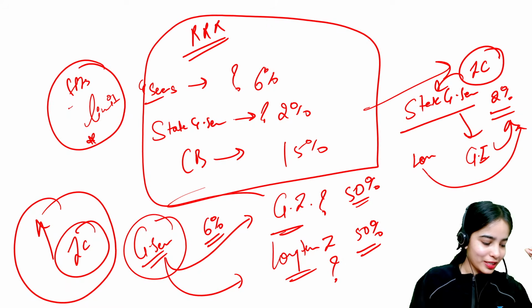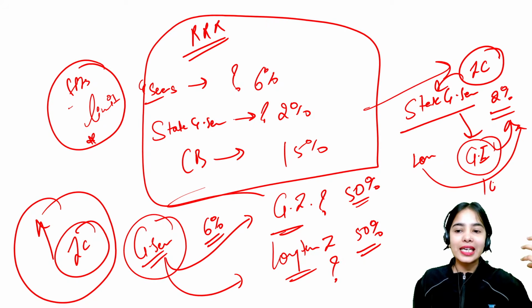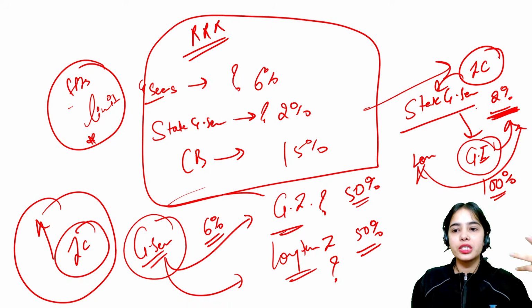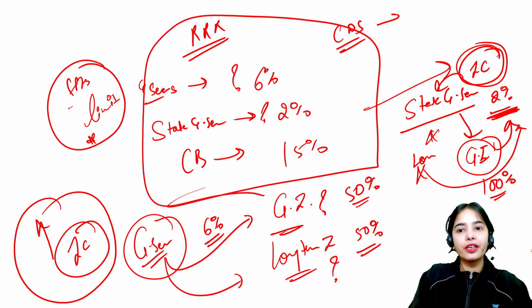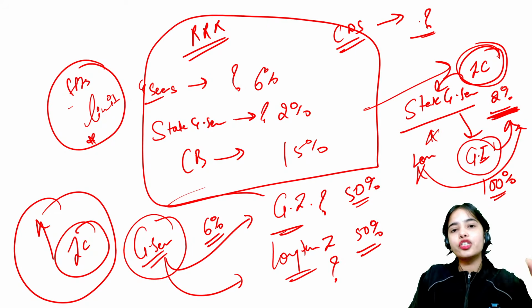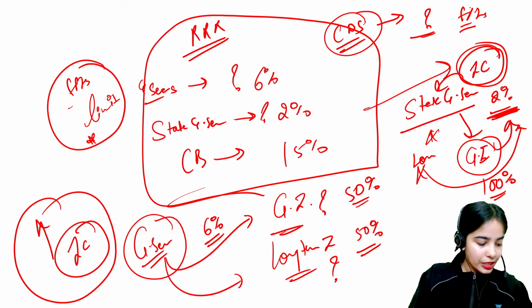Very good everyone. Good to see you all are answering correctly. For the general investors, it is 100%. They can invest till the limit, 100%. For the long-term investors, from the incremental change, there is no increase. Okay, so that is the idea. Now, for the credit default swap, what is the percentage limit for the foreign portfolio investors? What is the percentage limit?